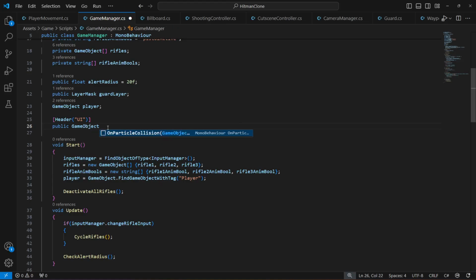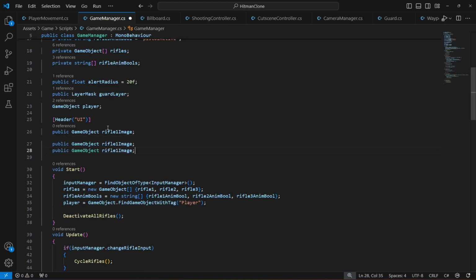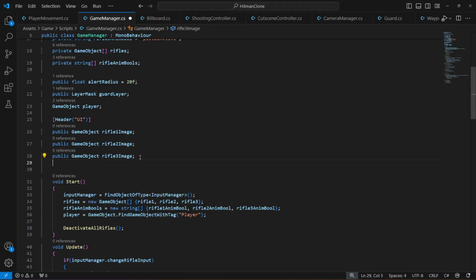So I'm gonna say public game object rifle 1 image, then paste it 2 times and change this to 2 and this one to 3. After this create a game object array by the name of